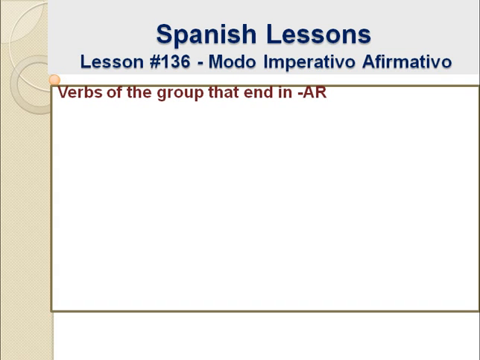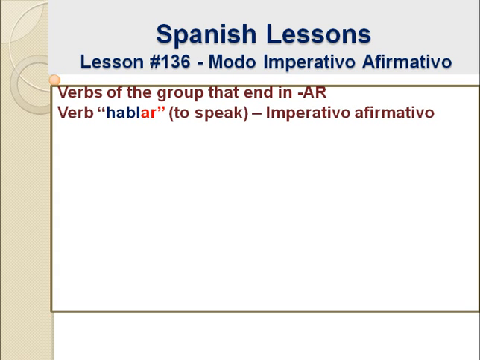And we will begin with the first group of verbs, that is the verbs that end with the letters AR, right? This is the bigger group of verbs, right? And it is the group that has less irregulars. So let's begin. We'll take as an example of a regular verb of this first group, the verb hablar, which is to speak. Example, habla, or speak. You can see here that we are omitting the subject pronoun, right? We can say habla tú,